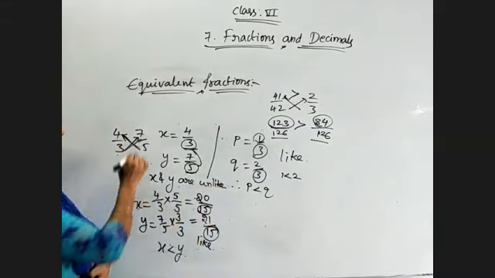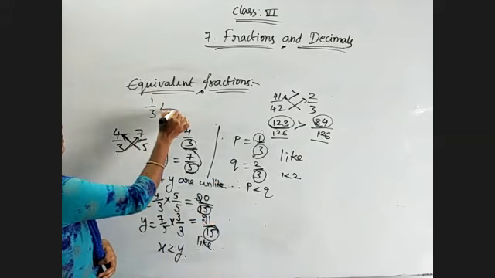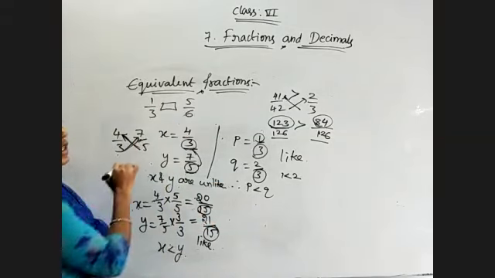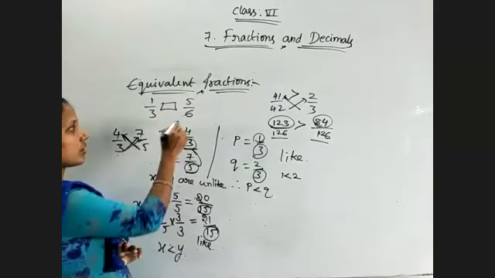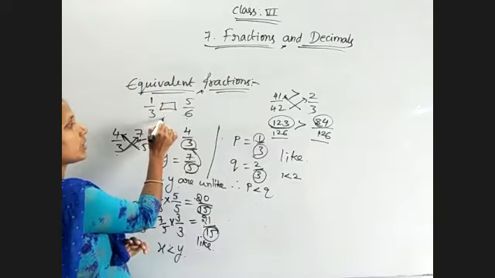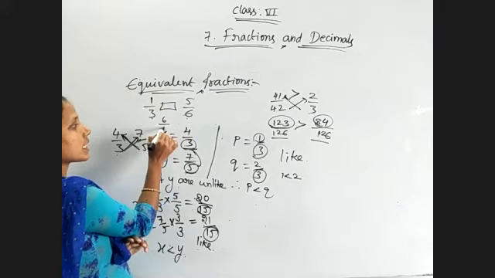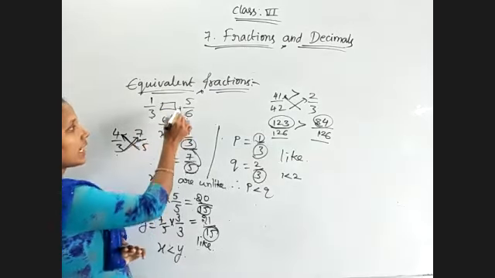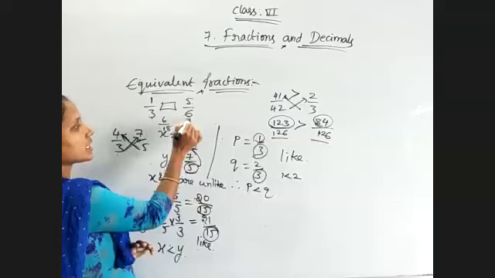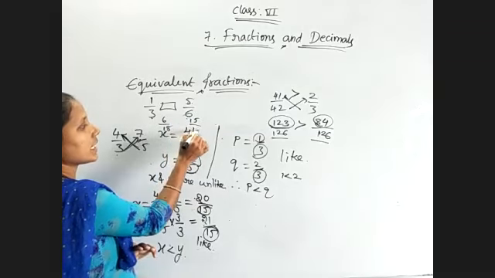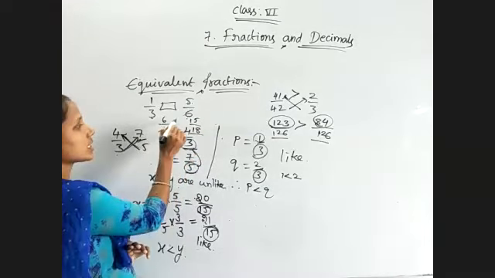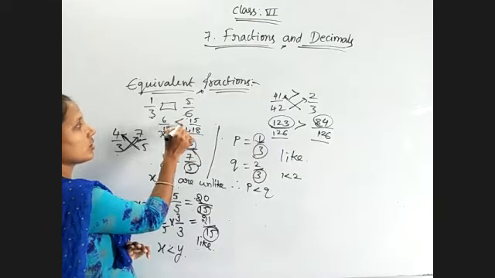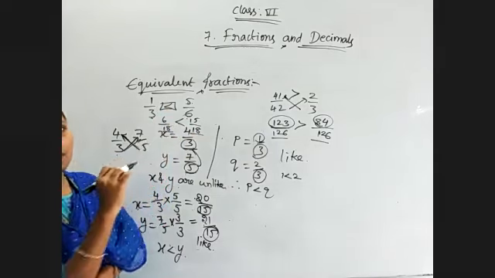If they are given any two fractions which are unlike, just go through cross multiplication. So here we get the numerator 6, and 6 threes are 18. And here we get 3 fives are 15 and 3 sixes are 18. Both now have the same denominator 18. 6 is lesser than 15. So finally 1 by 3 is lesser than 5 by 6.